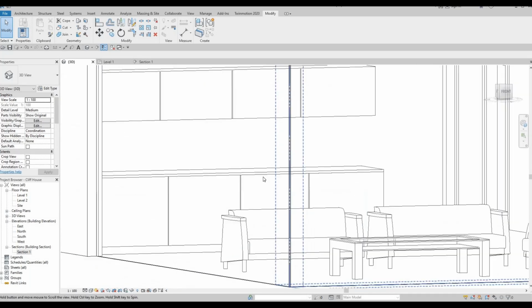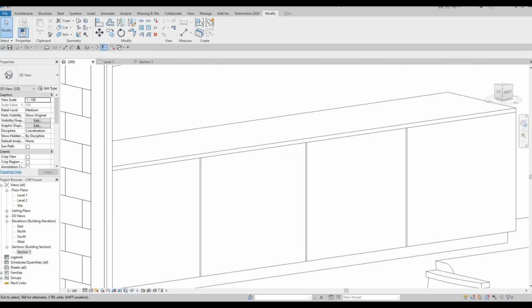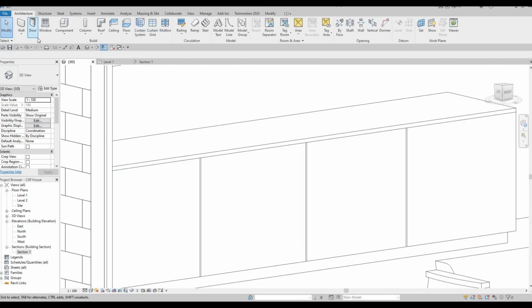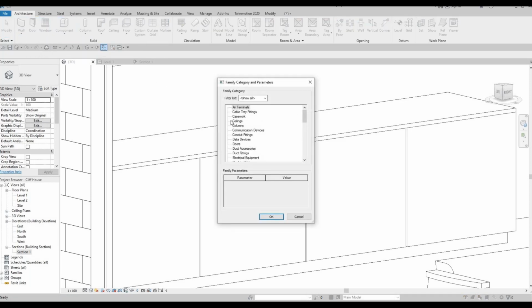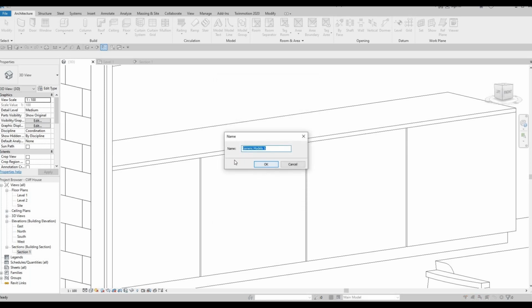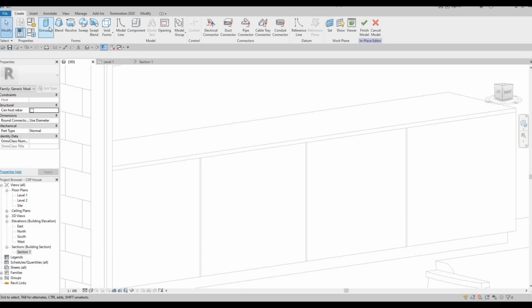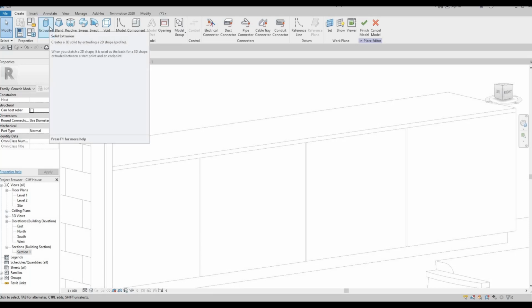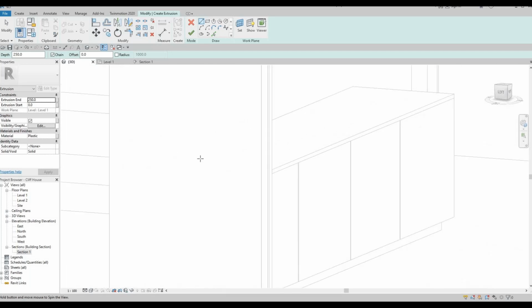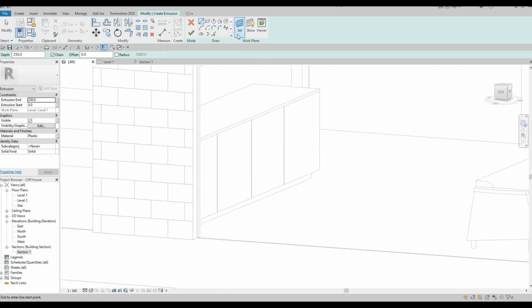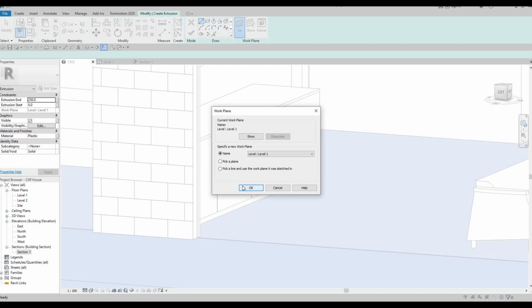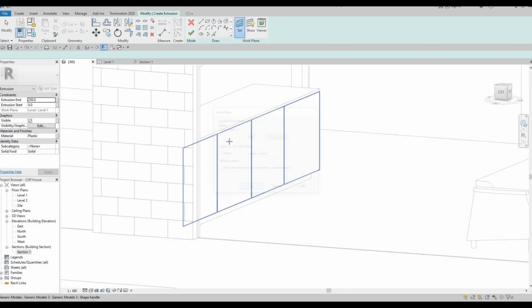And then now let's create the handles for this. So we're just going to add another extrusion. So click on architecture and then component and then generic model. This will be the handle, and I'm just gonna create an extrusion again, and this one will be set, I'm gonna pick a plane. I'm gonna pick this plane,